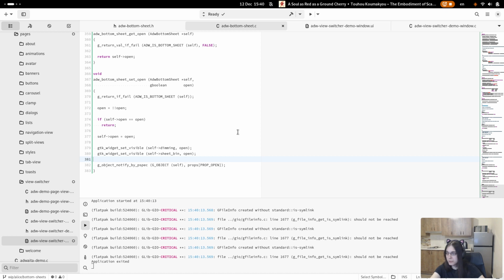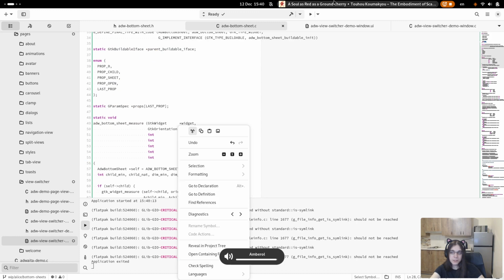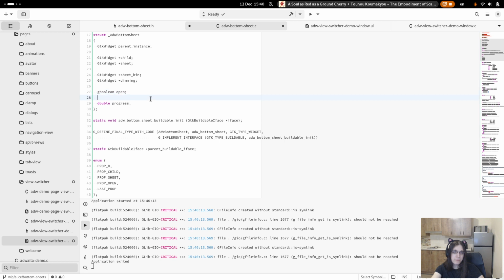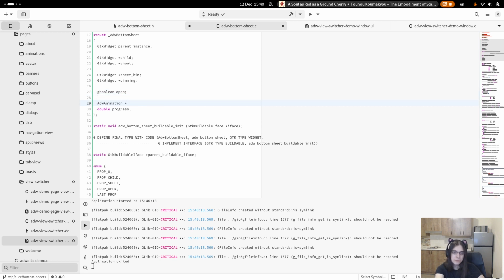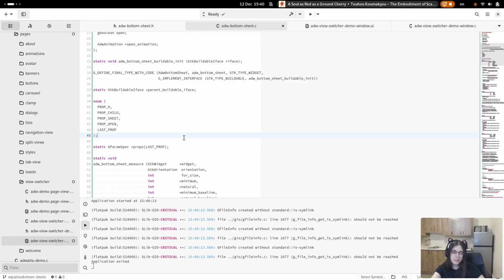So the next step would be to have an animation, because right now it just opens instantly. So I already added a progress field and down animation. Actually, I don't need progress, or maybe no, let's keep it.